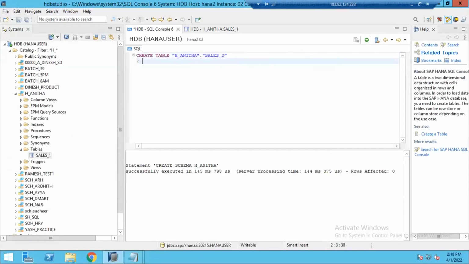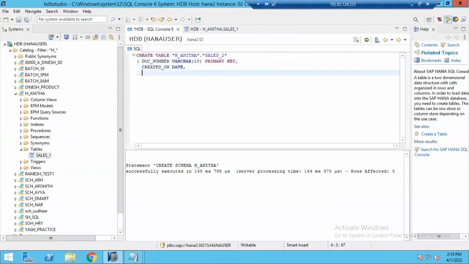You can write continuously or you can make it a little nicer in this way. So doc underscore number, and this particular column is of type varchar, and of what length? Length 10. I want to define this column as the primary key, so I wrote the keyword primary key. Then my second column name is created on, and this data type is date.